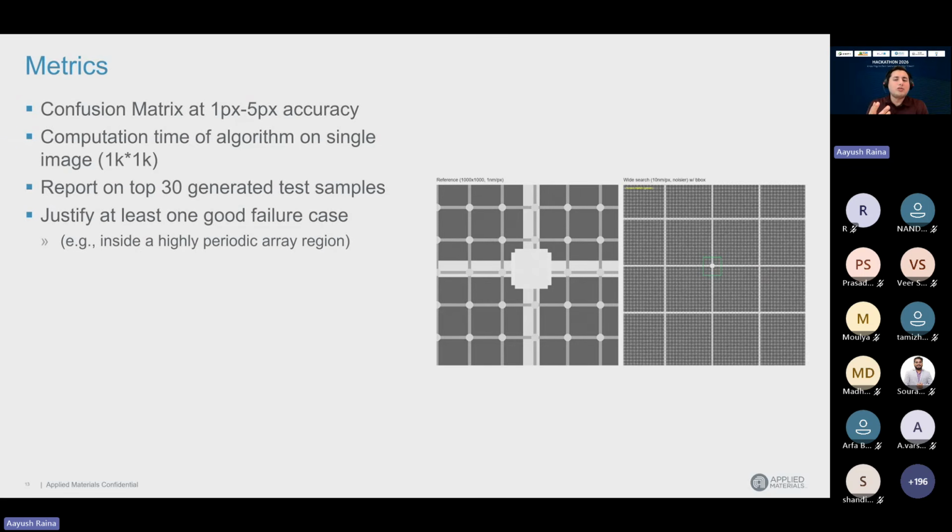So given a pair of images and your algorithm, it will create a confusion matrix at different pixels, and that's how the PR study comes. Generally, when you have a classification problem, you have one binary class. If you're doing cats versus dogs, you say this is cat and this is dog, and you have some confusion matrix for it.